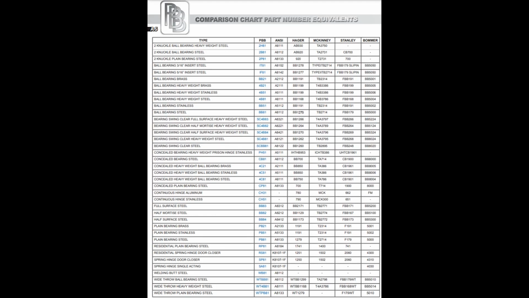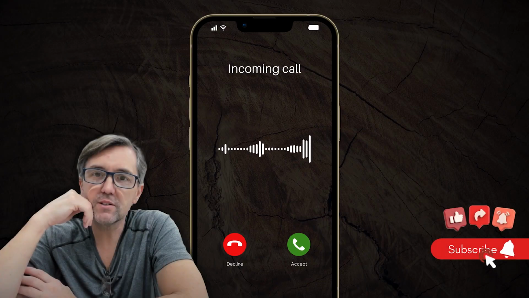Okay, very good. Are there any cross-reference charts that you use, or you just do it based on application and just your knowledge? Oh gosh, I'm quite sure that someone has cross-reference charts. I know PBB does. Yeah, I was going to say they've got one that's just like, oh my goodness, who put all this work into it? And Stanley may, it's just,